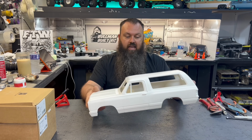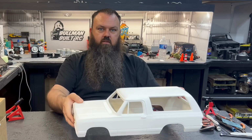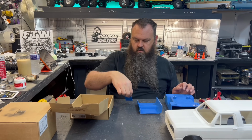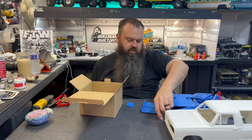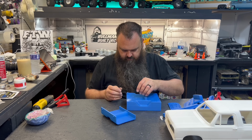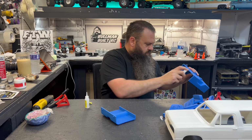So I got this, and I will show you what else it came with. Ta-da! Here we go. So this clearly needs glued back on. Let's just do that real quick. This way,